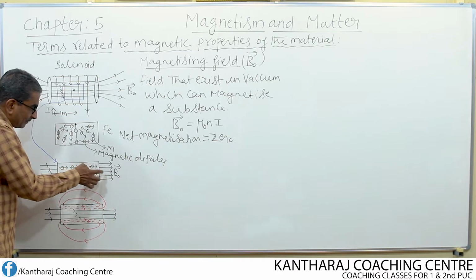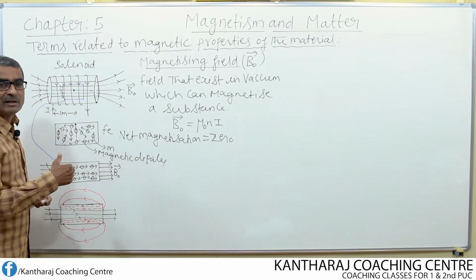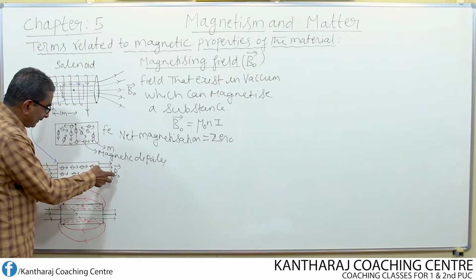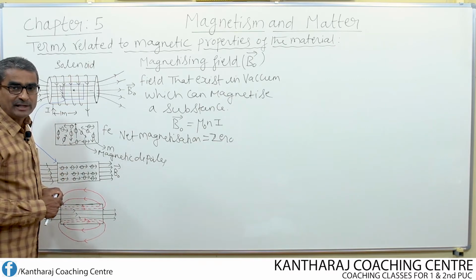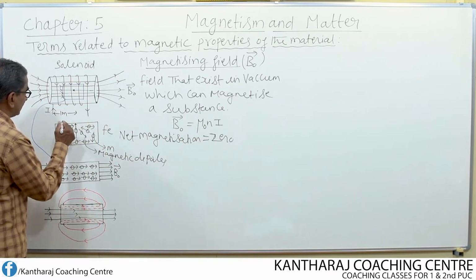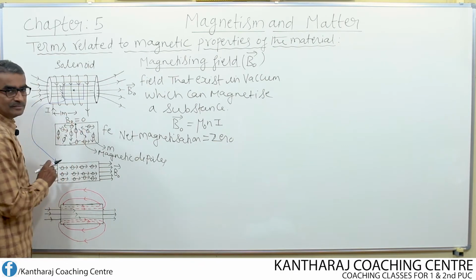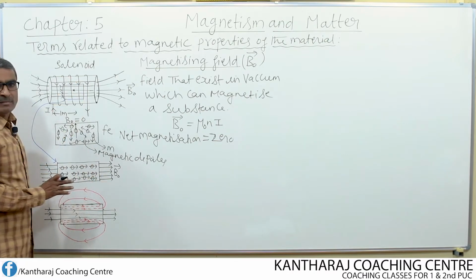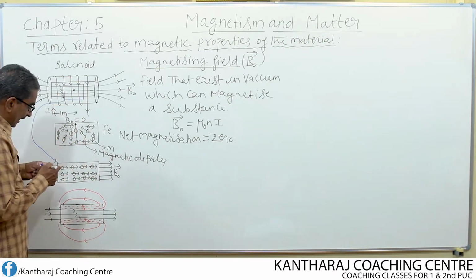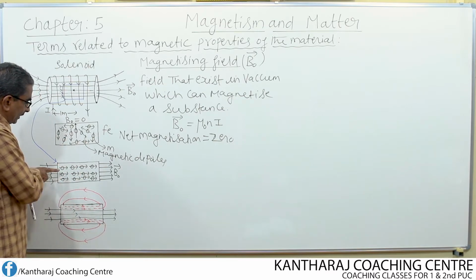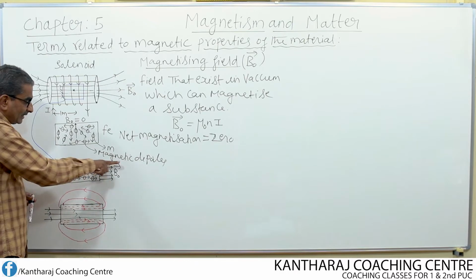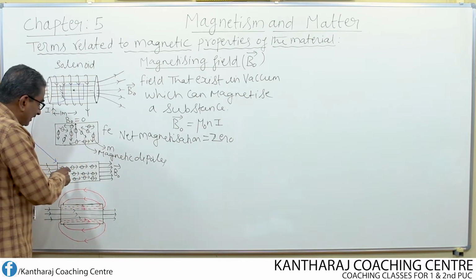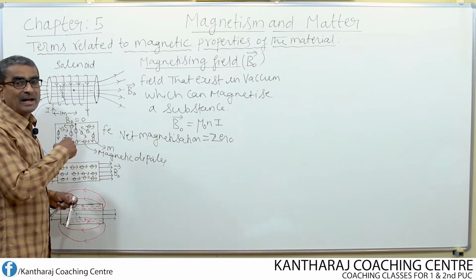Now for this specimen, this magnetizing field acts as an external magnetic field. So therefore here, because of this external magnetic field B naught, the dipoles which are randomly oriented in the absence of magnetic field, here B naught is equal to 0. Okay, once we place this inside the solenoid, then only the external magnetic field is said to be applied to this material. As a result of this, when the dipoles of the material align in the direction of the magnetic field, now there will be some magnetization in the material. That means the material now gets magnetized.